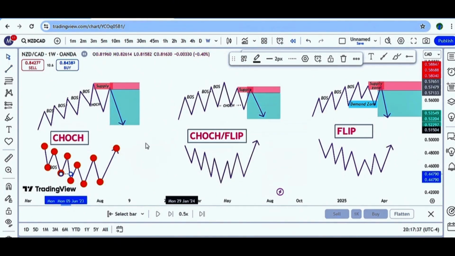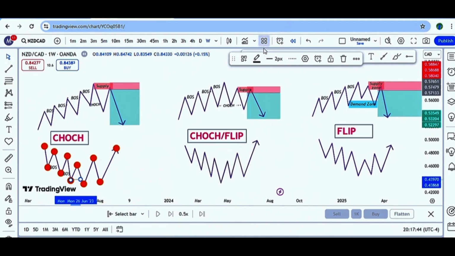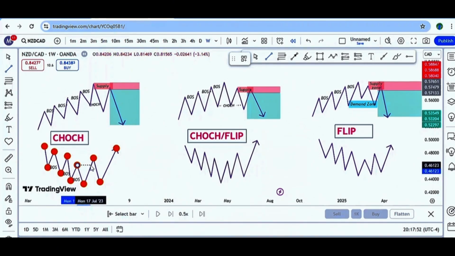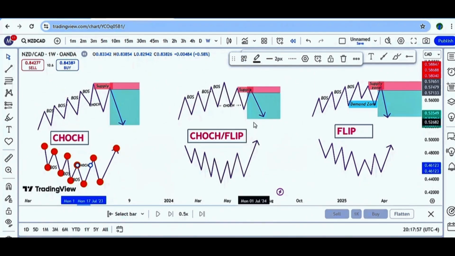Another break of structure. And you can see price changed character over there. As soon as price changes character, you